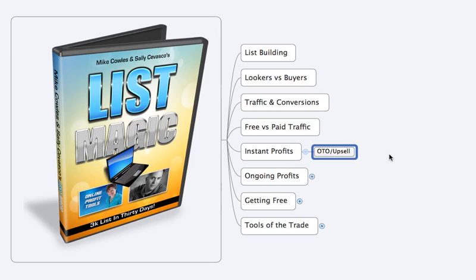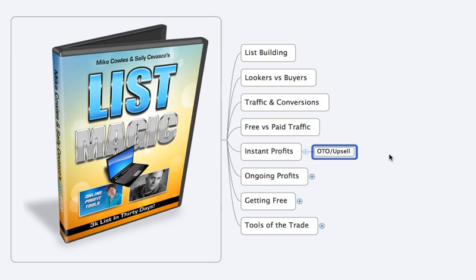But if you do this and you split test it and you get feedback from your list, then this will start to convert to the point where it's making you much more than you're spending on your paid traffic. So now you're getting paid to build your list, which lines up with getting paid to make money. Make sense? Yes, makes perfect sense.